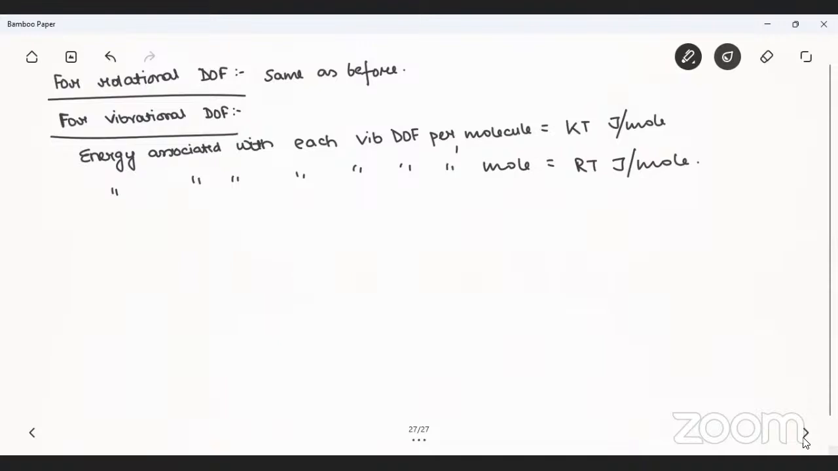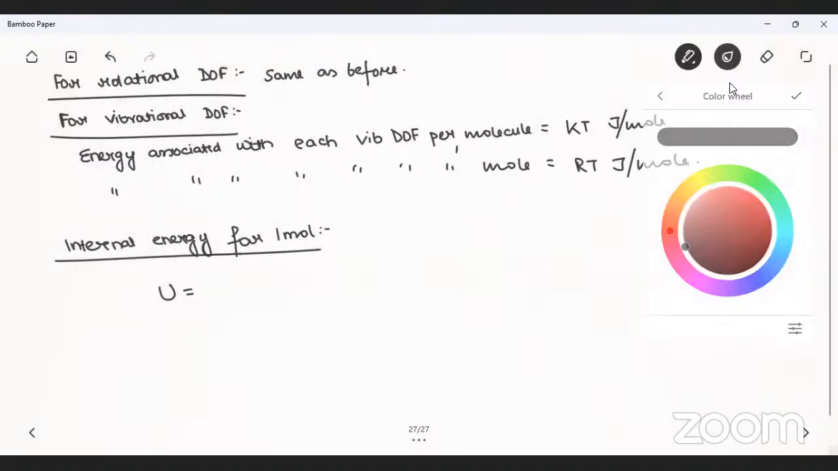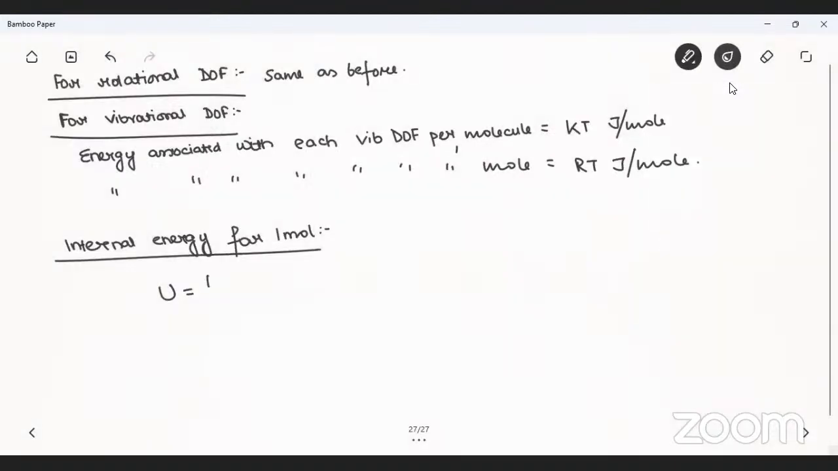So, coming to internal energy, which is present within a system for 1 mole. U is equal to FT RT by 2 plus FR